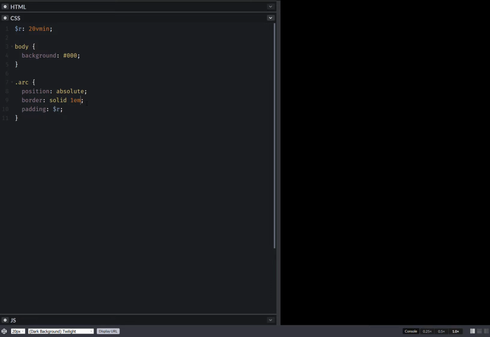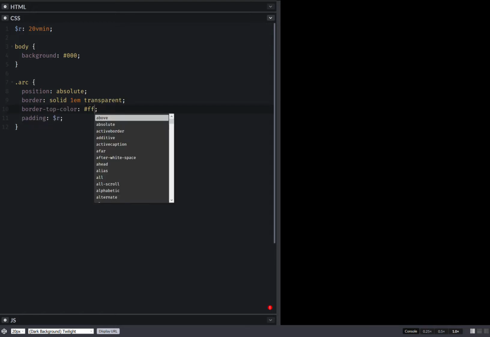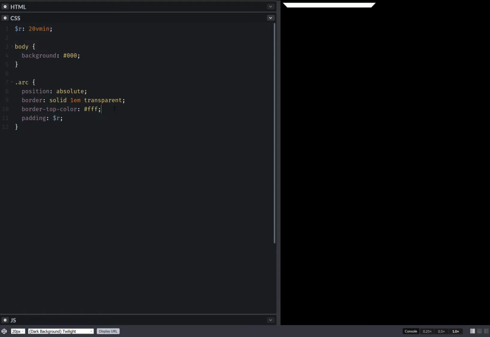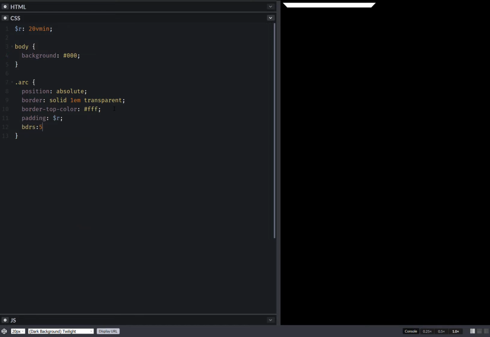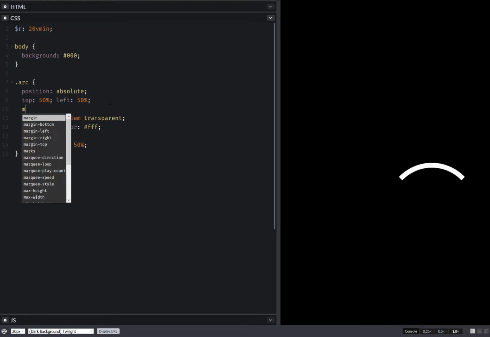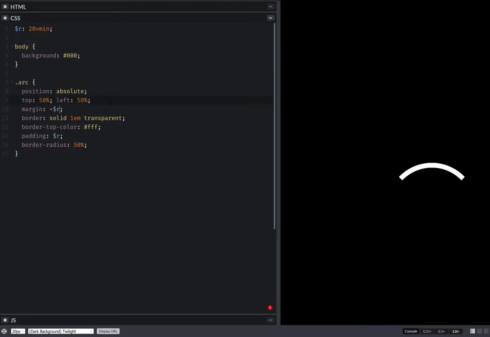something like 1em transparent, and then we have border top color. Make this white, and then let's also set border radius 50% so that it's round. Okay, now let's also set top 50%, left 50%, and let's also set margin minus that radius,